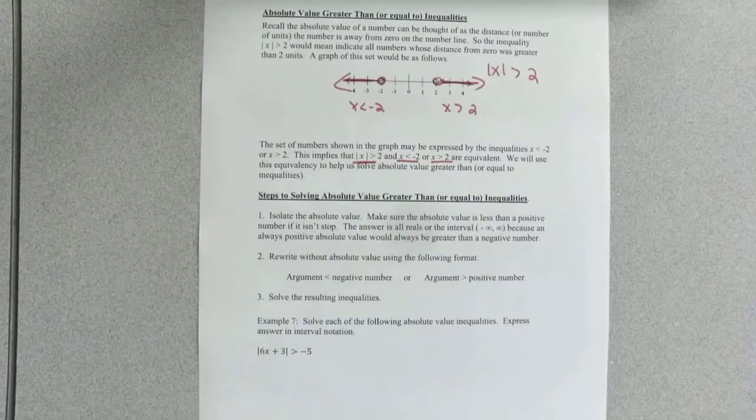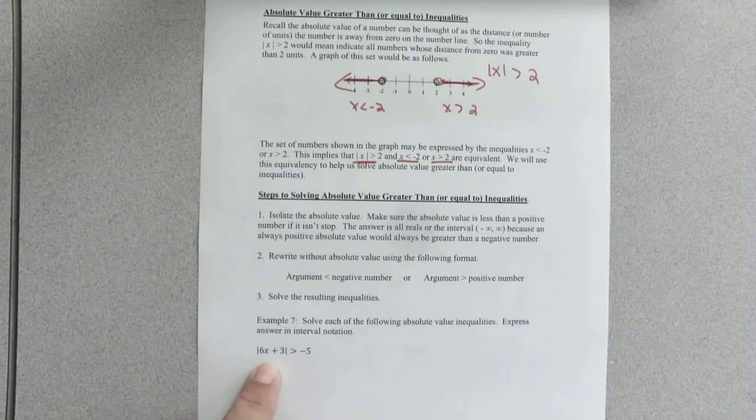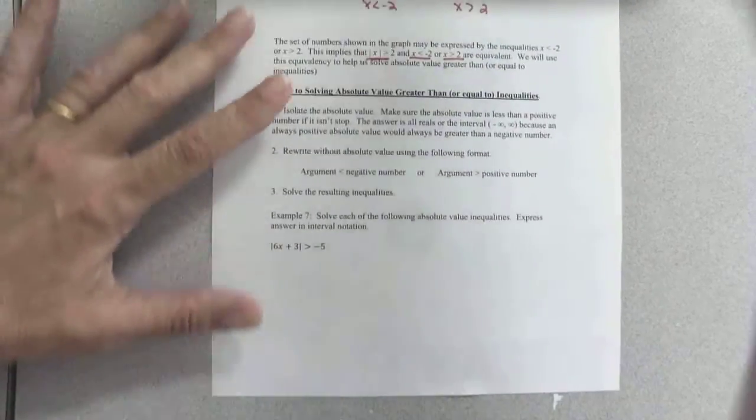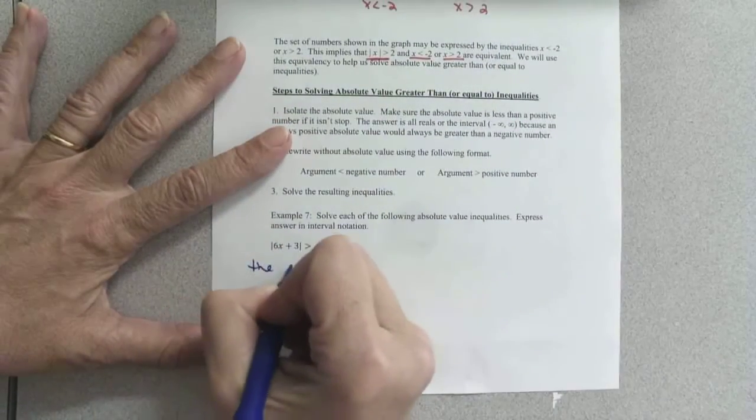Okay, this should be the last video in this section. Solve each of the following absolute value inequalities expressed in interval notation. The minute I see absolute value and a negative number compared to a negative number, I have to think something's going on here. So what this guy is saying, the above